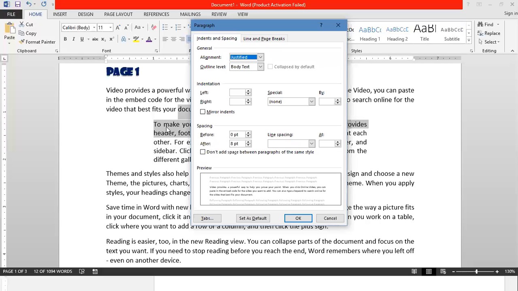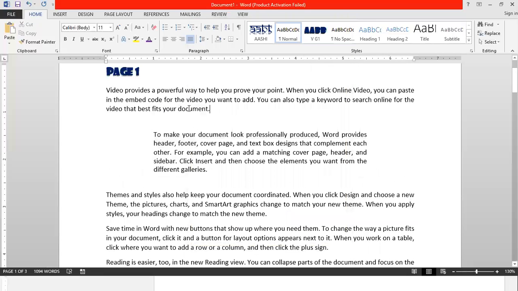I'm going to increase the space after both paragraphs, that means after the first paragraph and after the second paragraph. Then the space between the paragraphs, from both sides, will increase. So I'm selecting the after option here. Let's increase this to 24 points. Click on OK. Now you can see the space between the first paragraph and the third paragraph has been increased. Both the spaces here and here have been increased. This is how you can increase or decrease the paragraph space and line space.